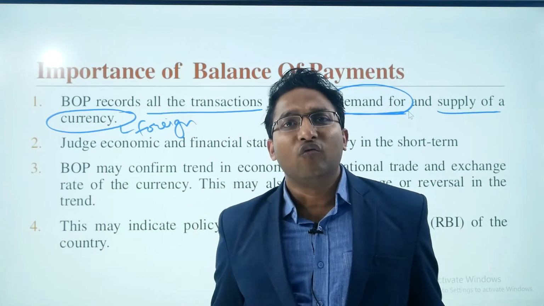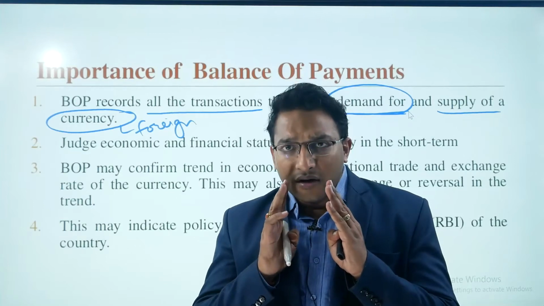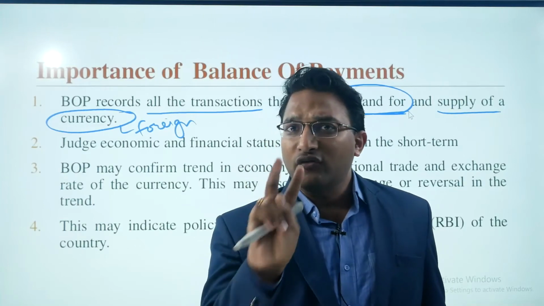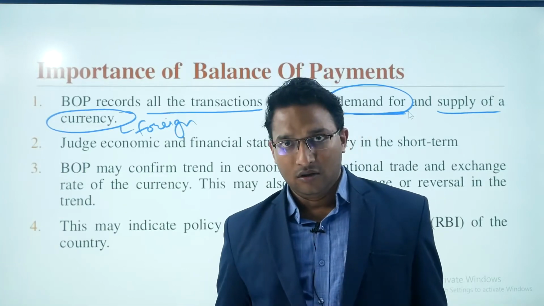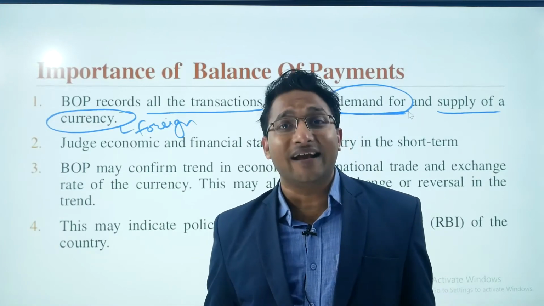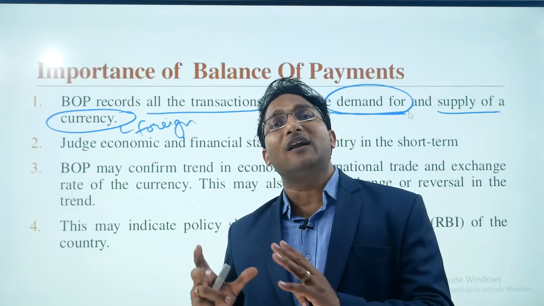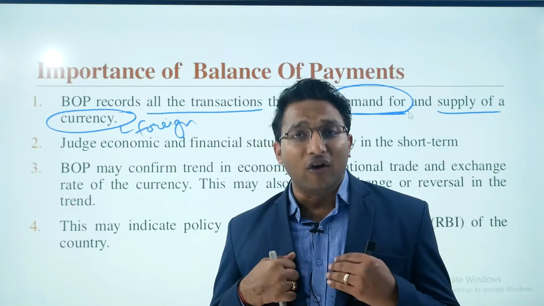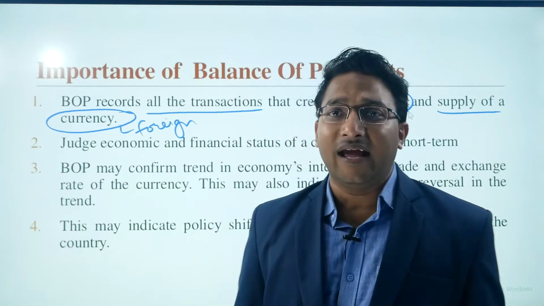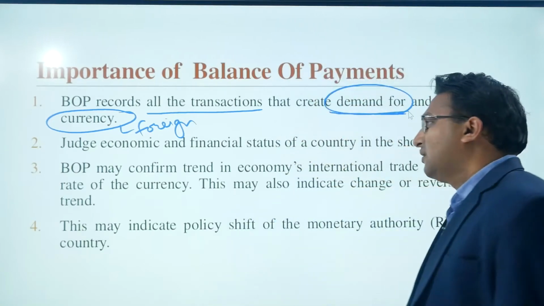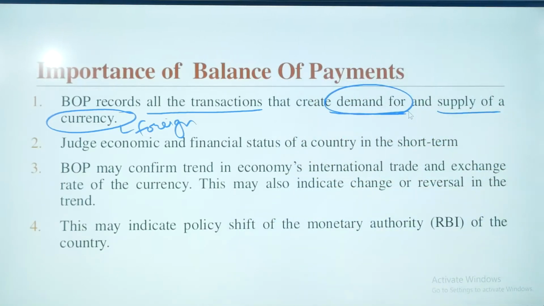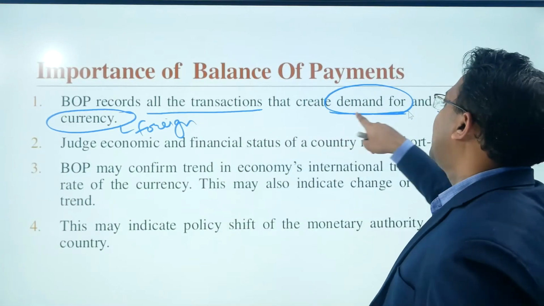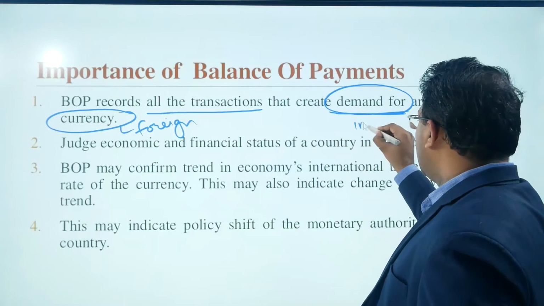At that time we had foreign exchange reserves equivalent to the payment of just 2 weeks of import. So then we declared that we are in crisis, because if we default in paying the foreign exchange dues, then we will be called a defaulter country and we will not be getting any borrowing from anybody in the world, right? So coming back to this, BOP records all the transactions that create demand for, that is import,